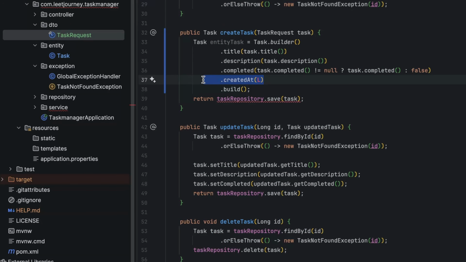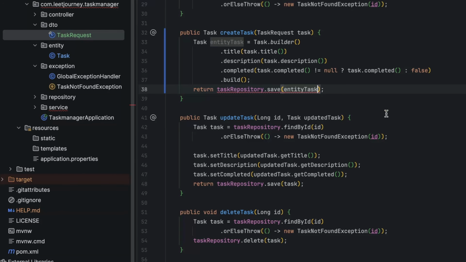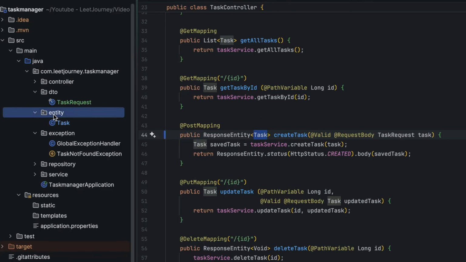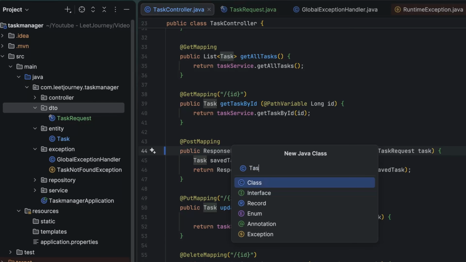So I think this should be fine. And now here we save the entity task. And as a response, we don't want to return the entity, as we said. So we need to create a task response DTO. So let's create a new task response, and this can be a record as well,